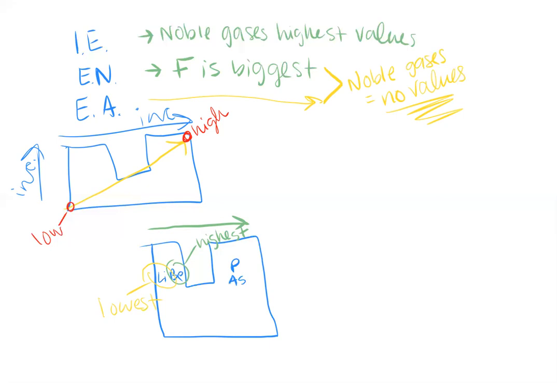We know that all three of those trends increase as we move up the periodic table. So that means that phosphorus is higher up than arsenic, so this would be the highest in this example between the two. Arsenic is lower than phosphorus here, so it would be the lowest value between those two. And one more quick thing, what if I gave you something like,